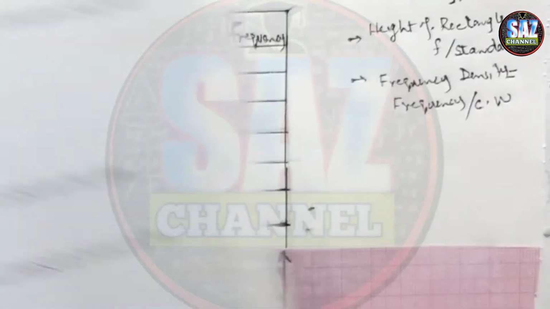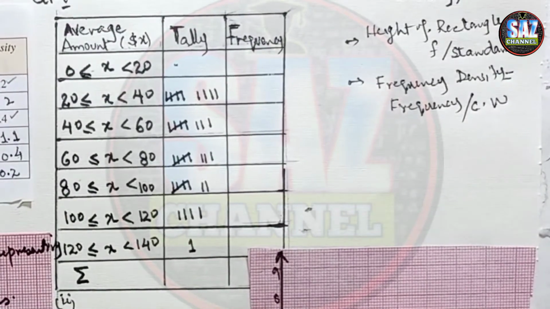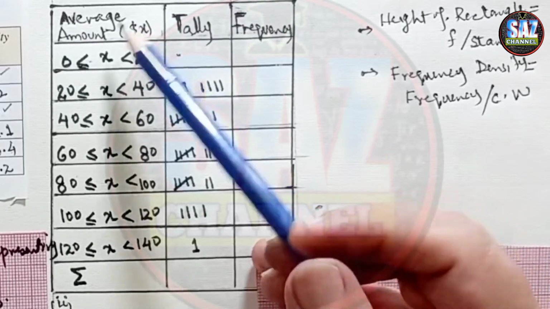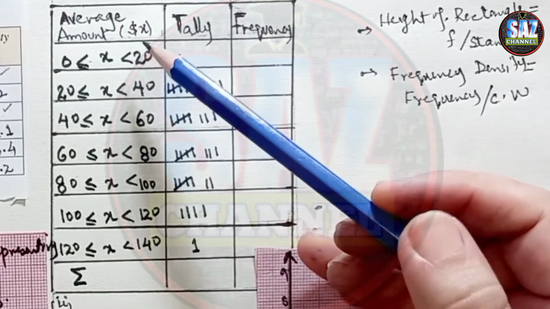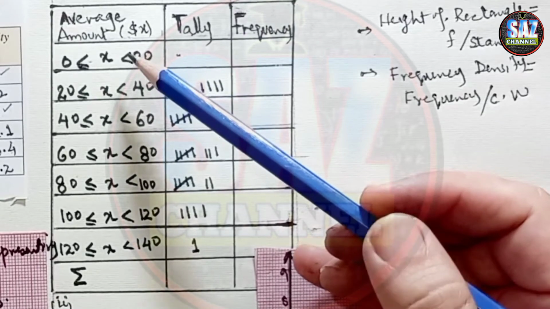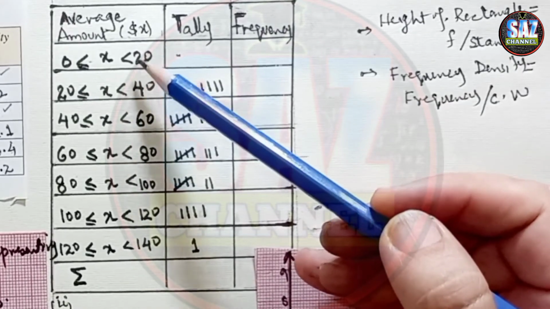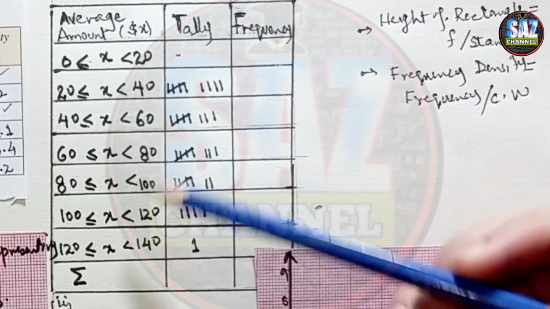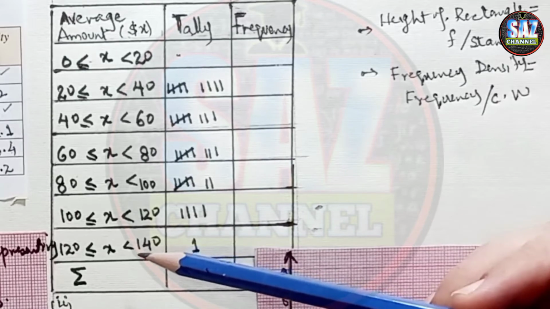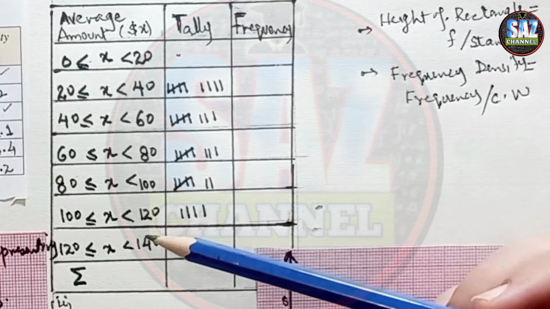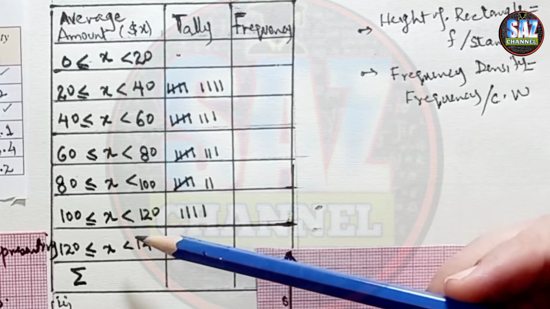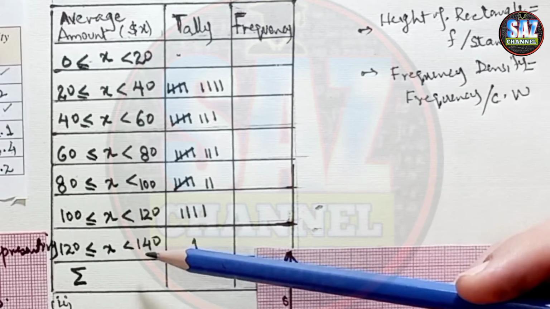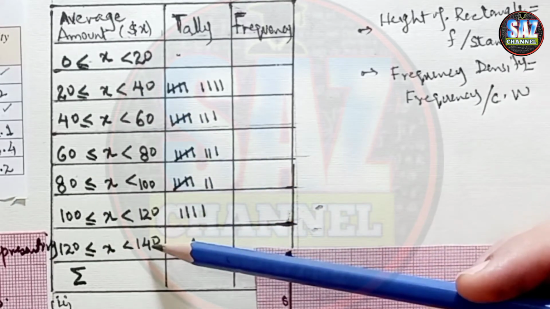So in order to save some time, I have done some of the work already. As the question was saying that we have to make the table, the first direction was that we have to choose the class intervals. Now it's really important to decide how to choose the minimum and maximum number of classes. We have to decide the classes in such a way that they can capture the smallest value and the largest value, both minimum and maximum, of the data.